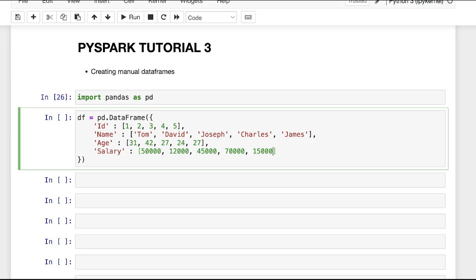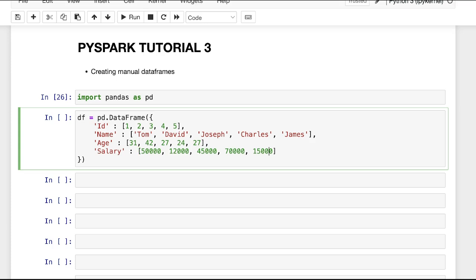So this is basically the basic structure of our data set. This is how we create it. When we have numerical values, we don't put the quotes, but when we have string values, we put them into single quotes, or we can also put in double quotes. And after the last column, you don't put a comma, because that's how your data frame understands that this particular column is your last column.